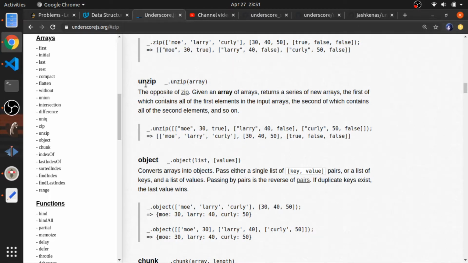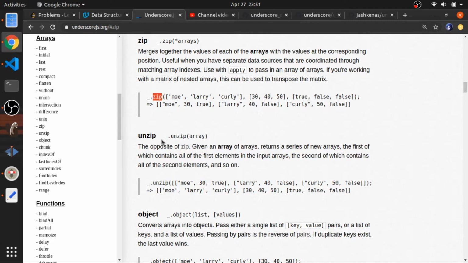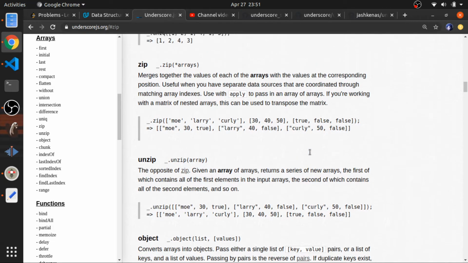Okay, unzip, the opposite of zip. Given an array of arrays, it returns a series of new arrays, the first of which contains all of the first elements in the input arrays, the second of which contains all the second elements, and so on. So basically, the way that we implemented zip, it's the same thing as unzip, but as you can see, the